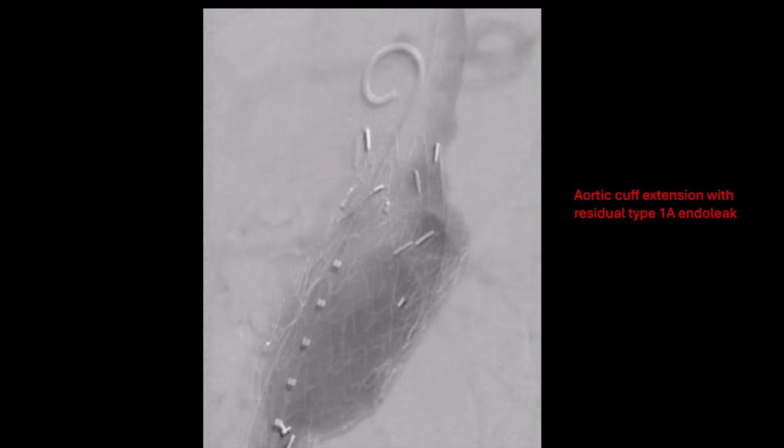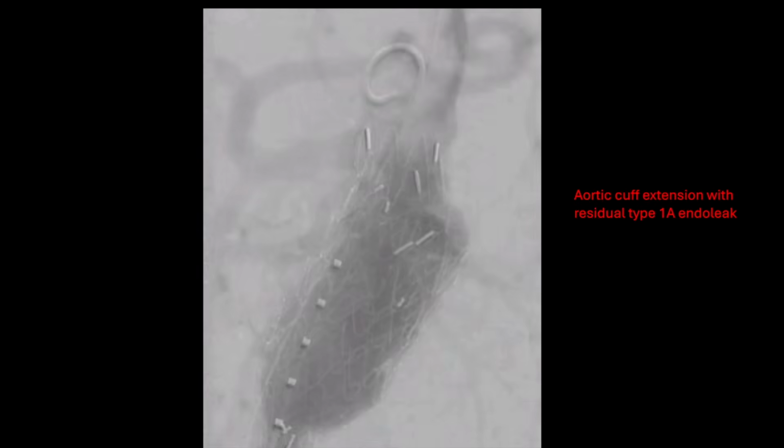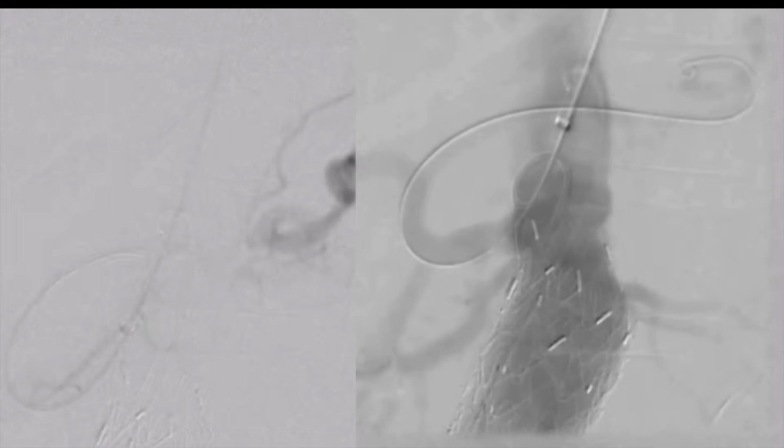You can see from the lateral view here, it looks like the graft has slipped down along the posterior wall, and we did try and extend proximally using an aortic cuff. However, we still did not achieve a seal. So now what do? Well, it's a good thing that you thought to prep the arm. We actually decided to go with our bailout plan and snorkel the mesenteric vessel so we could extend proximally and achieve seal. So we've now cut down on the left brachial artery, selectively catheterized the mesenteric vessel from above, and